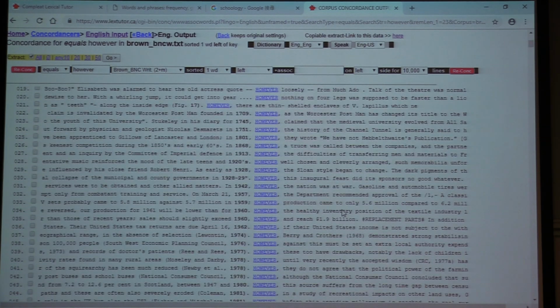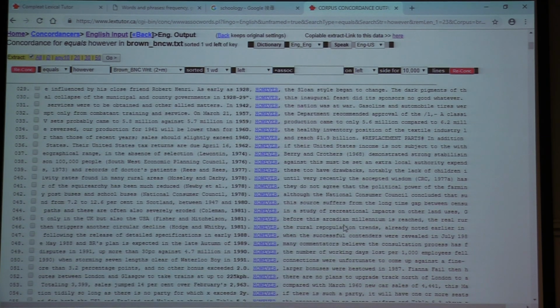And I also want to alert you to another type of use pattern, which can be shown in example 33. Let's look at 33. This is a semicolon and "however," comma. But this usage is very similar to the first one: full stop, "however," comma, and then a sentence, right? Very similar. It's still used as a conjunctive adverb.